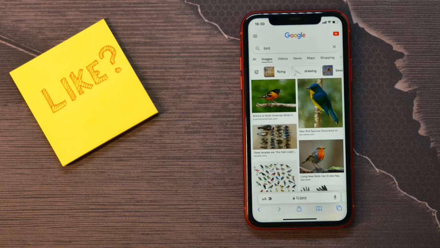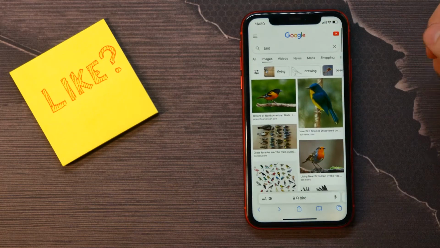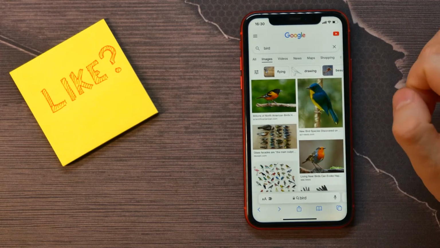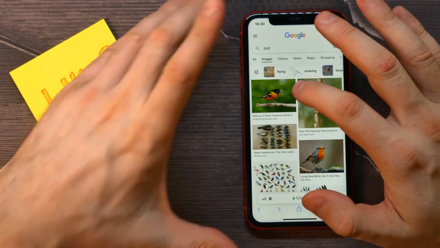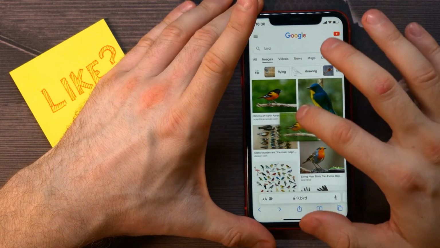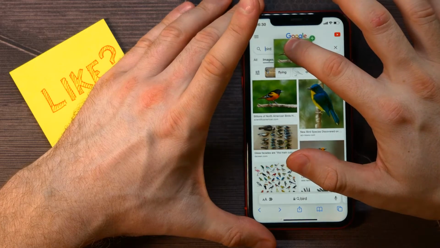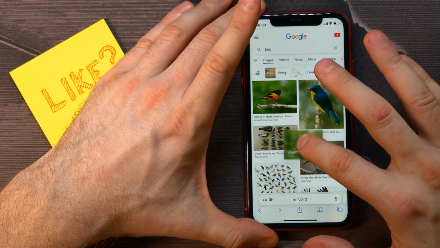First, once you are on Google Images, you can look for some image, and if you like that one and you want to save that image, you need to tap and hold on that image. And now you need to move your finger out, so now you see that this image is moving with my finger,